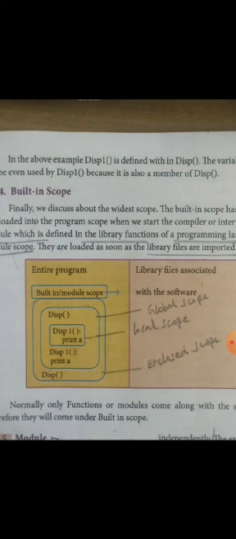In this picture, the entire program is given. The built-in or module scope is given first, then after that a display box is there, that is enclosed scope. In that, the display function is there. Again, one more box inside it is the global scope, that is display, and below that is the local scope box with display 1 and print a. So local scope is executed first, and after that global scope, then after that enclosed scope.